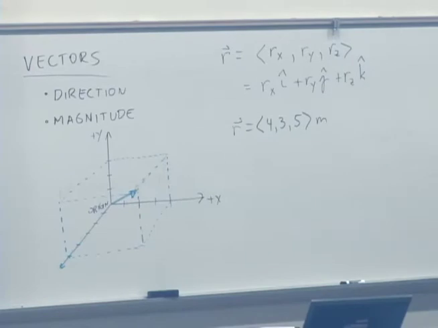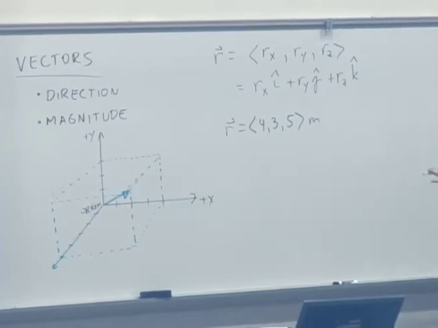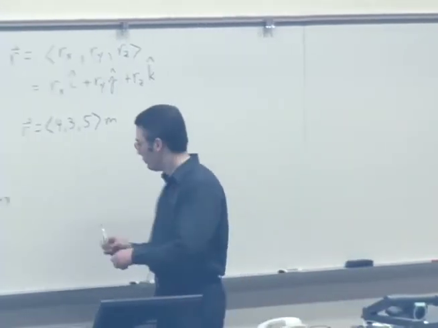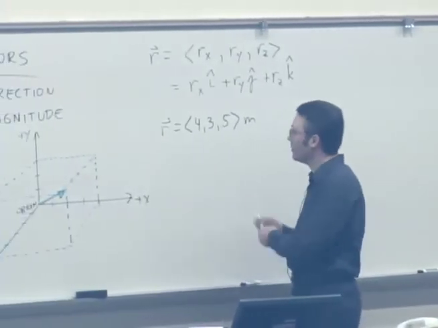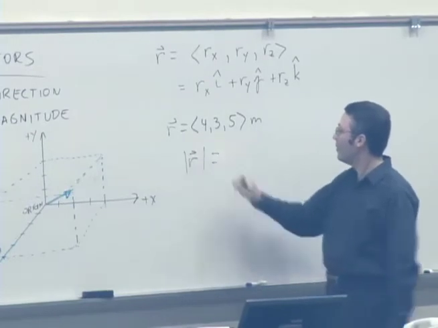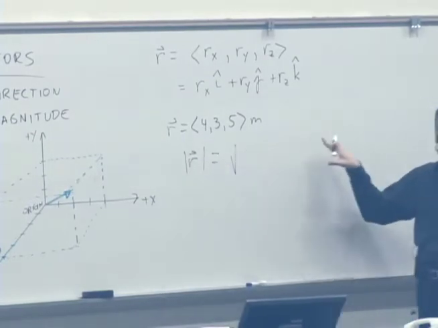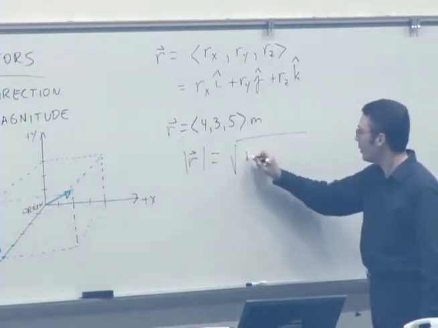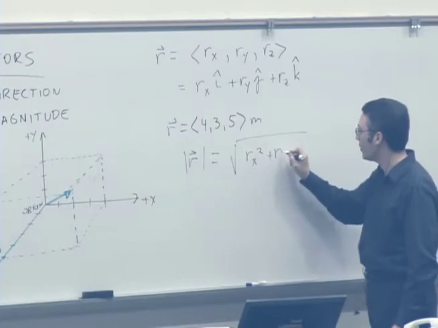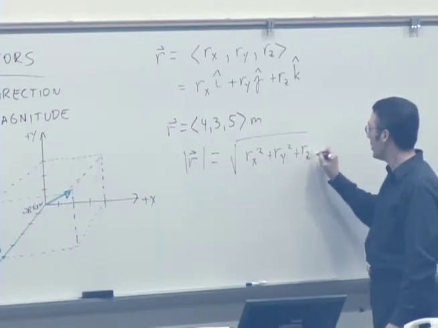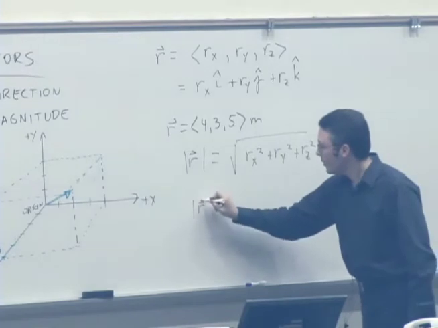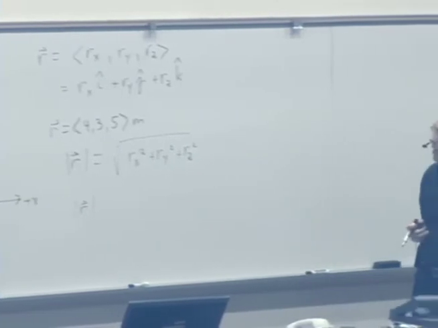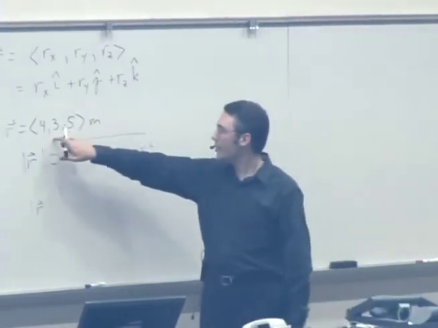What can we do with vectors? Well, how do we find the length of the vector, the magnitude? It's been a long break, right? Square root of the sum of the squares of all the components, right? r sub x squared plus r sub y squared plus r sub z squared. Okay, so just to wake us all up and get our brains going again,